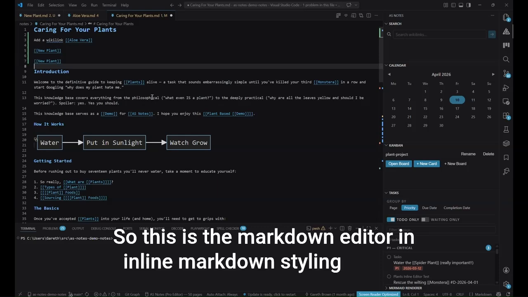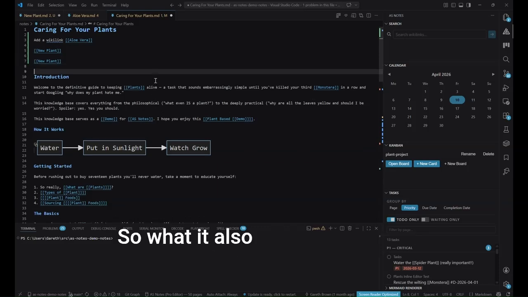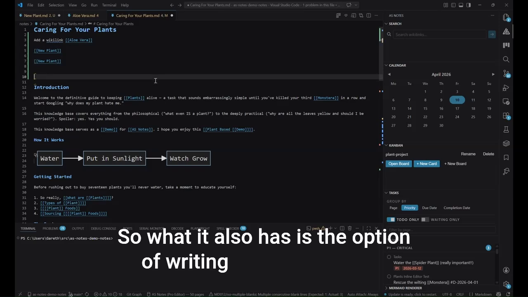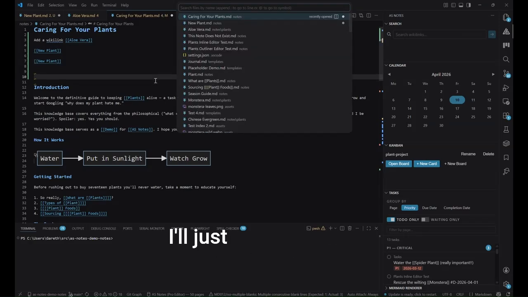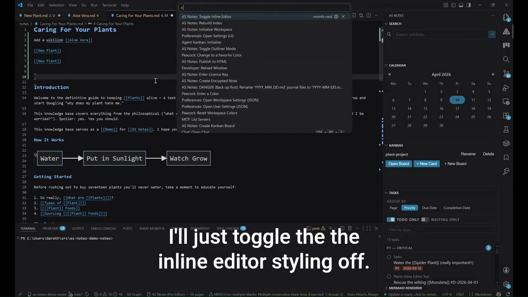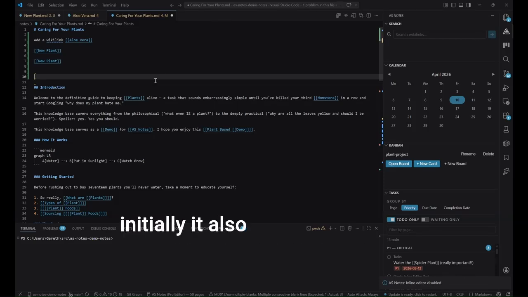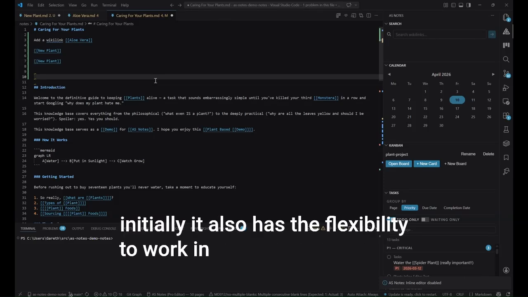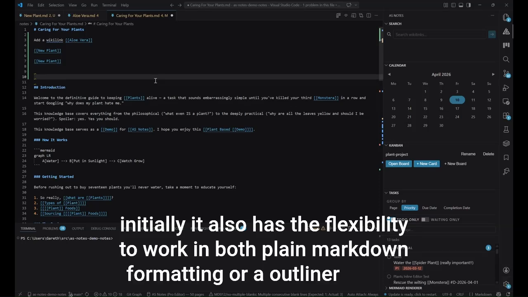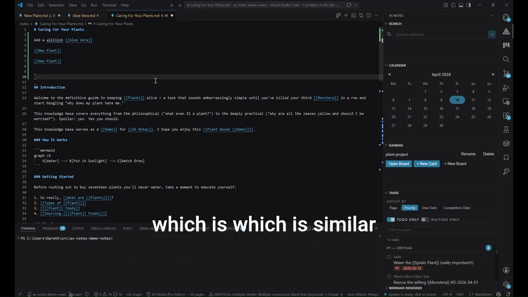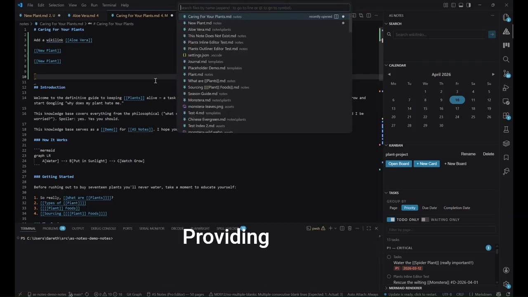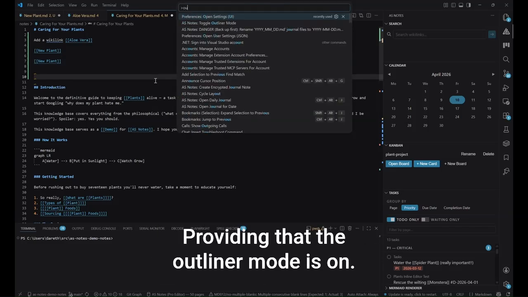So this is the markdown editor in inline markdown styling mode. What it also has is the option of writing plain markdown. I'll just toggle the inline editor styling off for this demonstration initially. It also has the flexibility to work in both plain markdown formatting or an outliner mode, which is similar to the way that Logseq or Roam Research might work. Providing that the outliner mode is on,